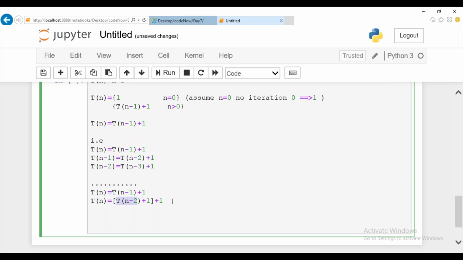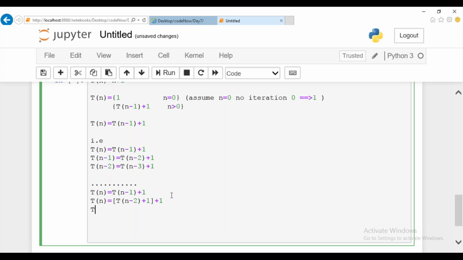So if you are substituting, your time complexity will change as T of n. Wherever this T of n minus 2 is, I will substitute this one, followed by plus 1 plus 1. Or if you want, we can change the expression as T of n minus 1 plus 2. Is that clear?